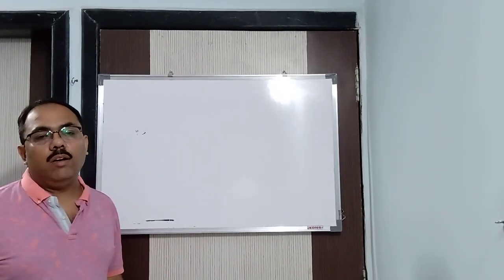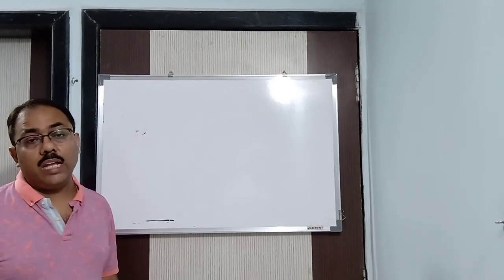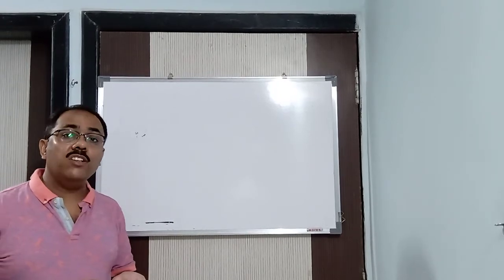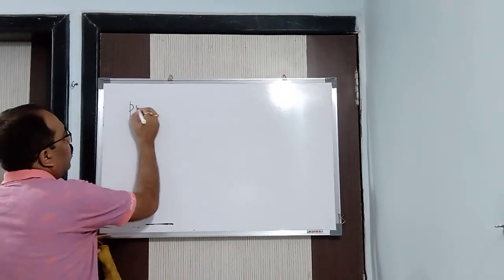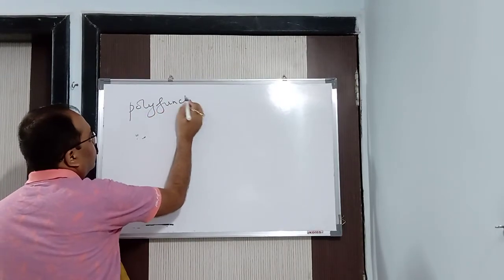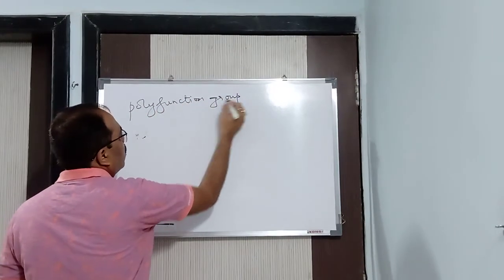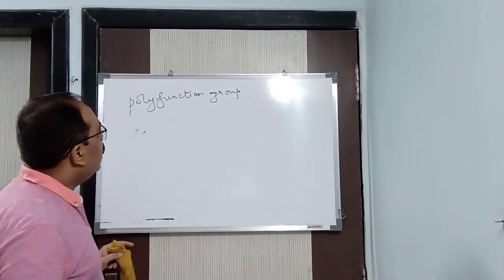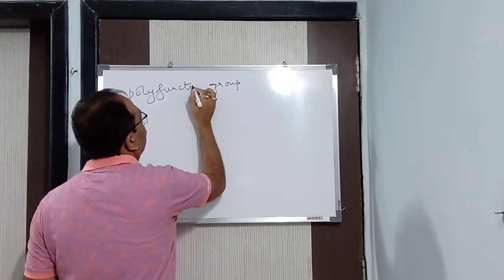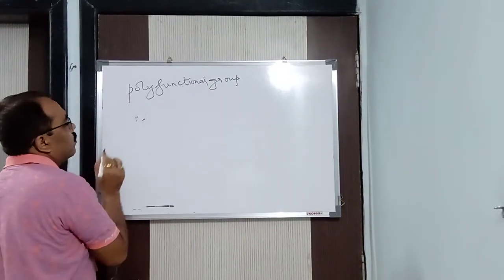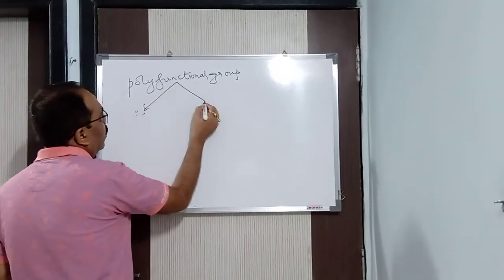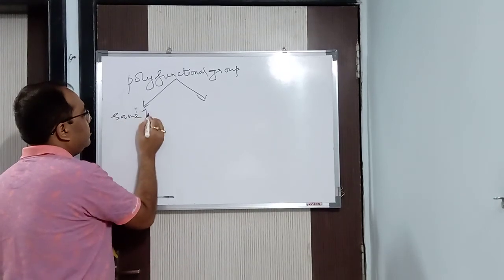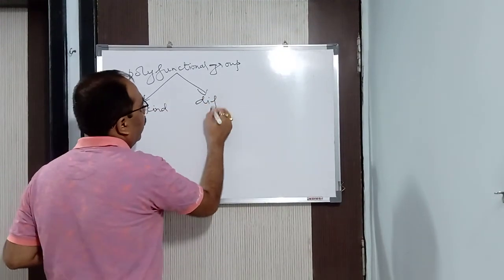Okay. Now next, after that we'll come to the next rule. In functional group only, the next rule, which is known as polyfunctional group. Got it? What I said? Polyfunctional group. Now polyfunctional, poly means what? Many functional groups will be present in a given compound. Now polyfunctional, let me write it properly. Polyfunctional group. So polyfunctional group can be 2 types. Alright? It can be of the same kind, and it can be of a different kind.